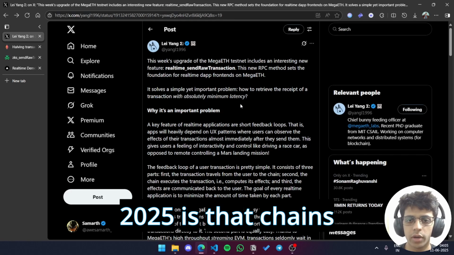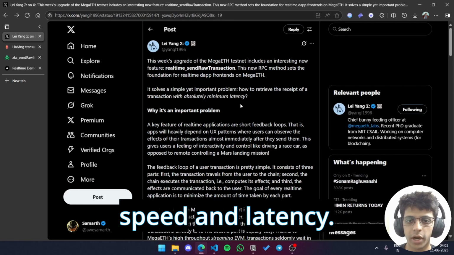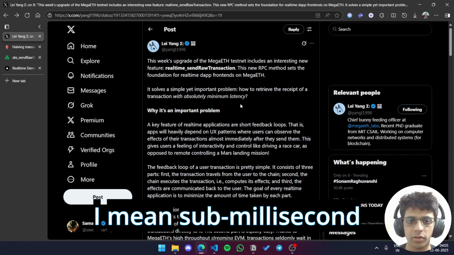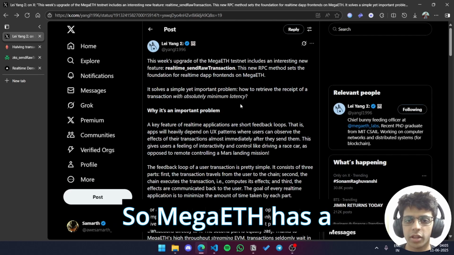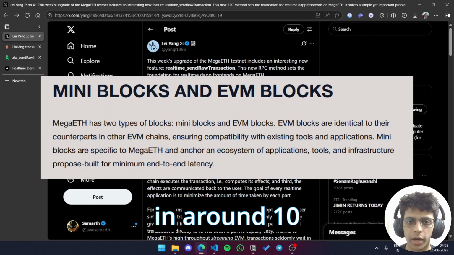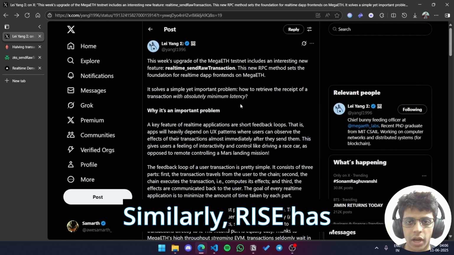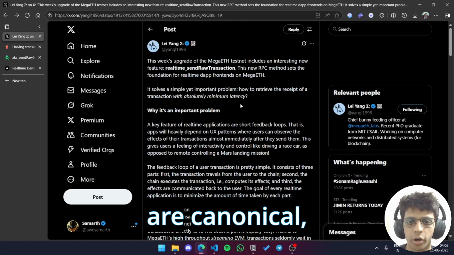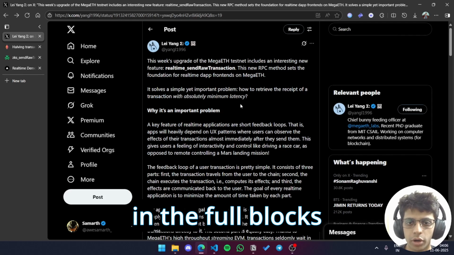The scenario in 2025 is that chains are focusing on speed and latency. So they're optimizing for blazing fast performance. And by blazing fast, I mean sub-millisecond performance. So MegaETH has a special feature called mini blocks, which are mined in around 10 milliseconds. Similarly, RISE has shreds, and these are mined in about 5 milliseconds. These mini blocks and shreds are canonical, which means that they will definitely be included in the full blocks of